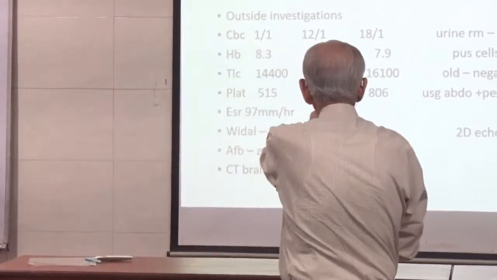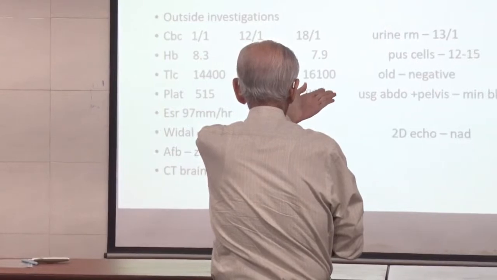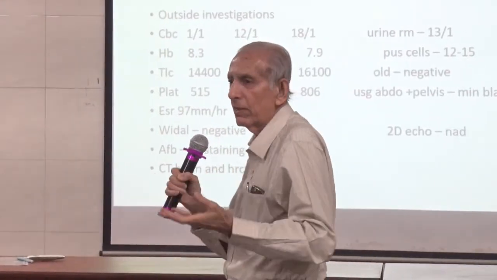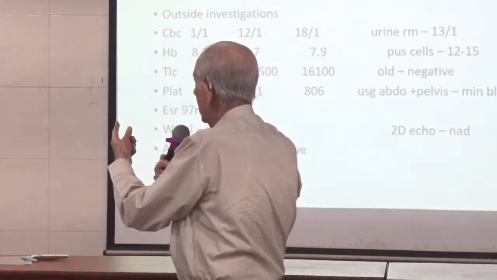Yeah, it's there. Look at that abdomen USG, minimal bladder thickness. Male child. Female. So the presence of pus cells only suggests pyuria unless there are complaints like this. 10 and above is significant, no? And 10 to 12 is more significant. Yeah, sonography is also positive. What else do you want?